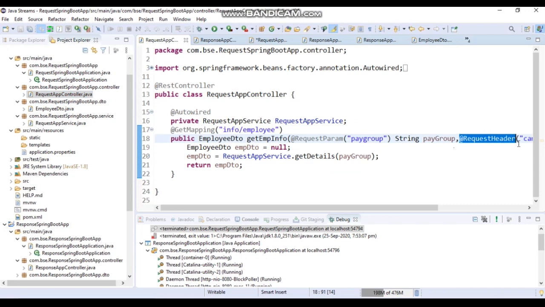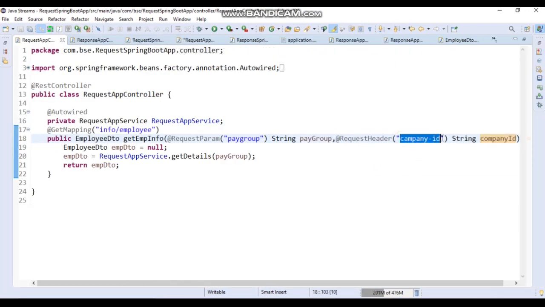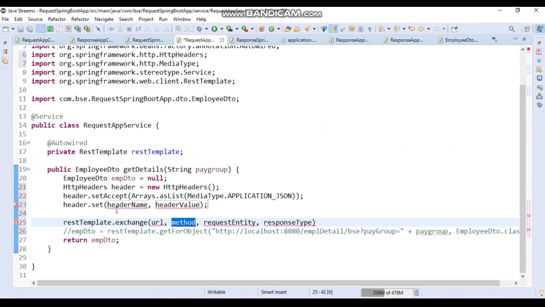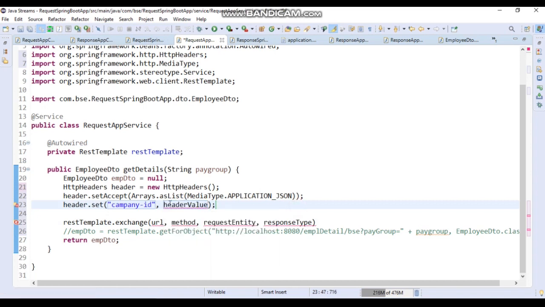Then let's take this parameter company ID. Okay, then we will add this company ID, and its value will be company ID.